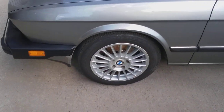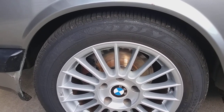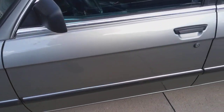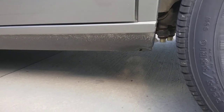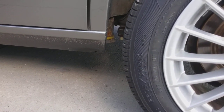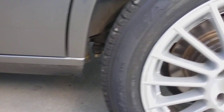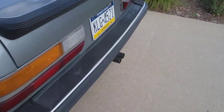There's some new Sport Edition wheels, and there's also new pads and rotors on every corner. It also has stainless steel braided brake lines on it. As we move over here, you see that there is a little bit of rust down here, little hole there. You can see in there the PowerFlex bushings for the subframe, and then the dog bones have been replaced also. There's a new exhaust on it as well,